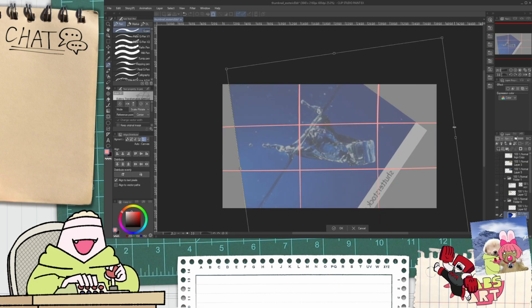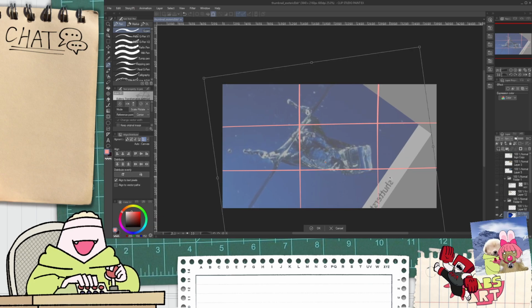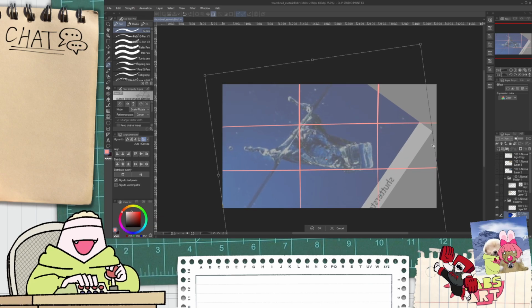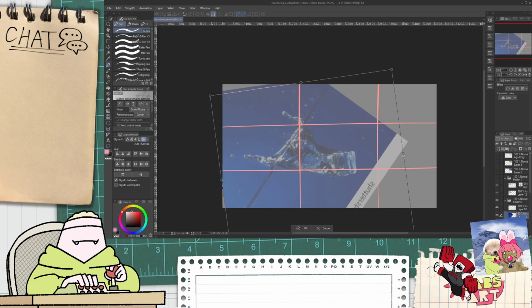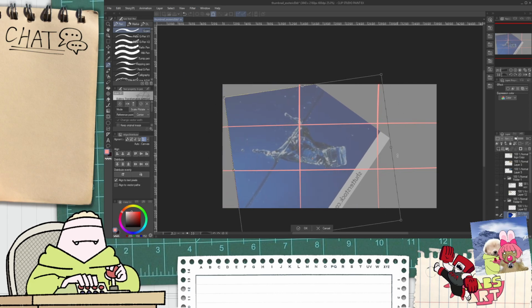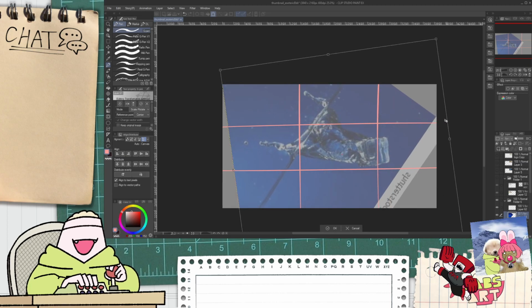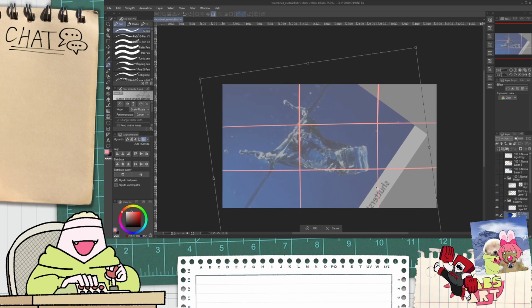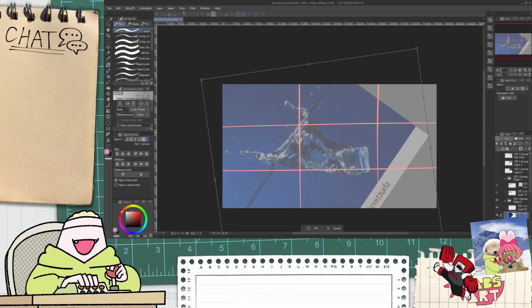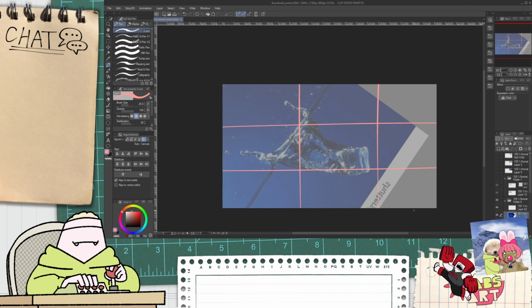Or actually, maybe it would be better if I just put the impact here, because I think then it might be a little bit less difficult to... Yeah, maybe if I could just... No, but I would need the impact to actually be fairly large. So I think maybe around here, so that way it's kind of intersecting in the middle here. That could work, I think.